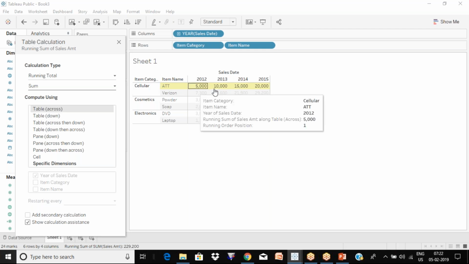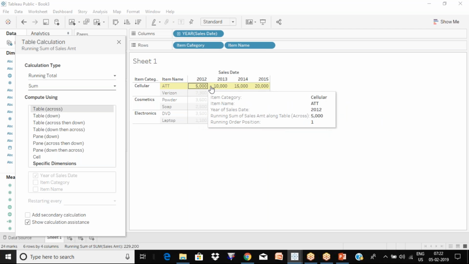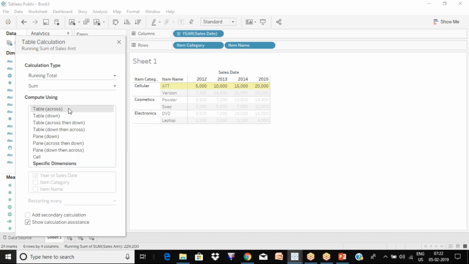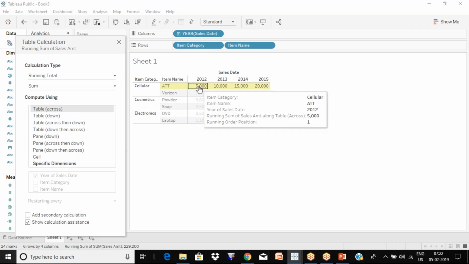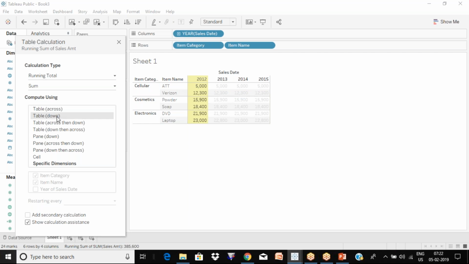Now, when you want to do a cumulative, you want to do it horizontal or vertical, right? So when I'm selecting table across, you see the cumulative is working horizontally, but sometimes you might have a requirement where you want the cumulative by year. Now here this is happening by each item name, right? Now if I do table down, you see what is happening now. Now the cumulative is working by year,